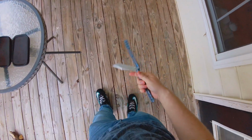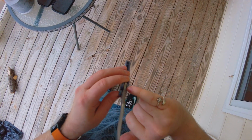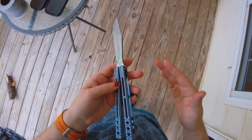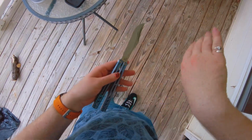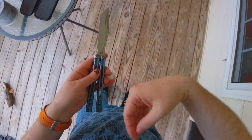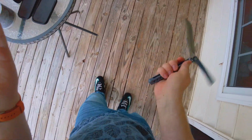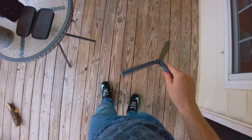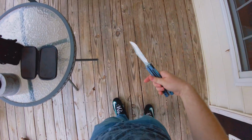So, the Orca, being also on a Pinless system, had me a little concerned, but it's on bushings, not bearings. Bearings make the handle gap close really quickly because the handles can slap into the steel a lot harder, whereas with bushings, it's a little bit more of a smooth sailing experience, and so the force isn't as high when you're opening and closing the Balisong. But still,